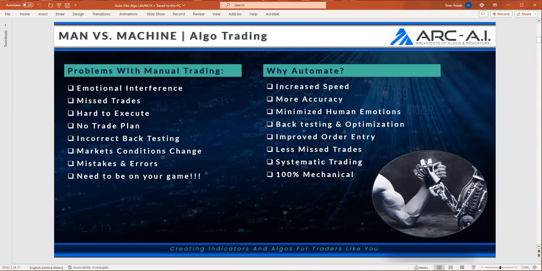Automation serves a purpose. It serves a specific solution to a trader's objectives. It's not about one being better than the worst. I am not here to tell you that you should be a quant, but I am here to help you understand why you would want to look at quant, why you'd want to understand backtesting and optimization, because there's a level of accuracy that cannot be achieved via retail discretionary trading. And you can improve the efficiency of your business through quant analysis, but it has to be mechanical.